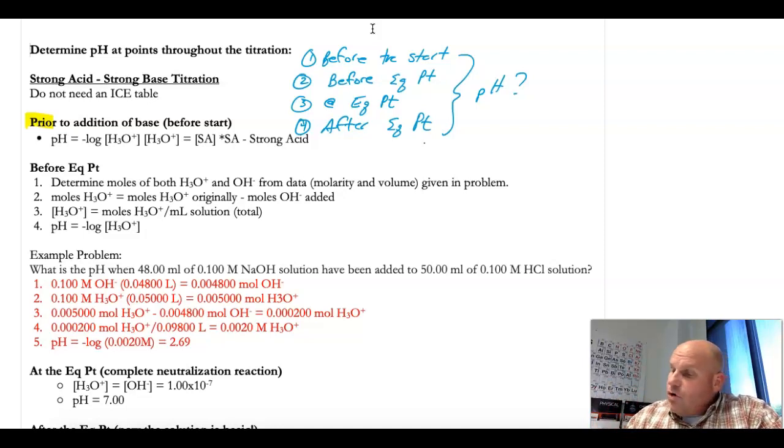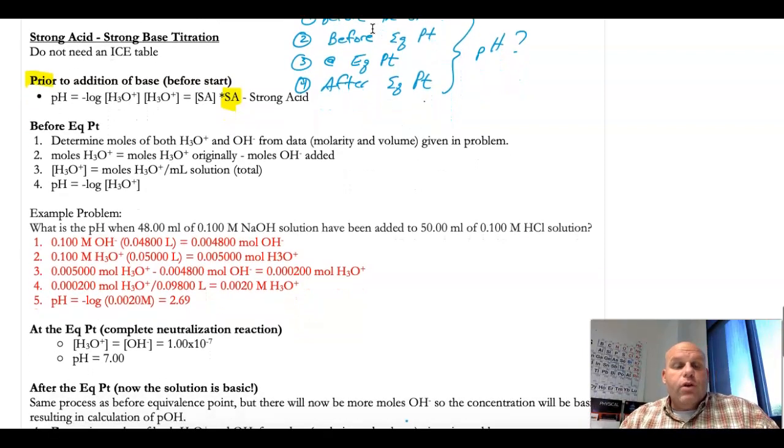I've symbolized strong acid here with SA. So my H3O plus concentration and my strong acid concentration are the same, so I just simply take the negative log of that value given to me in the problem. Okay, I have to do a little bit more here before the equivalence point. So remember that